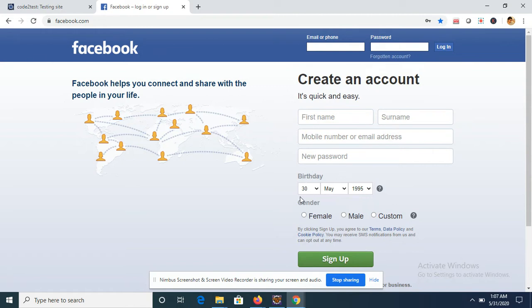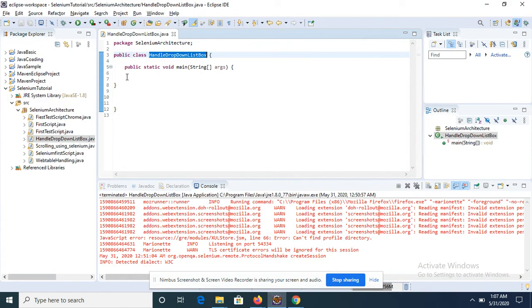After that we see three different list boxes for date, month, and year. So in this tutorial, we are trying to handle these elements. We'll try to select the elements from the drop-down list box. Taking this scenario, let's handle it.